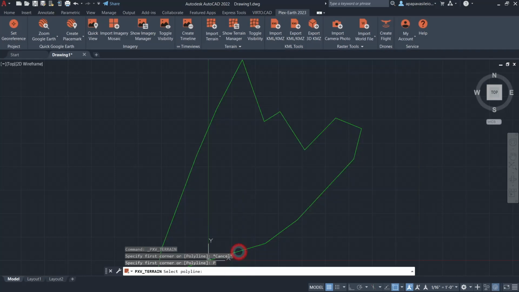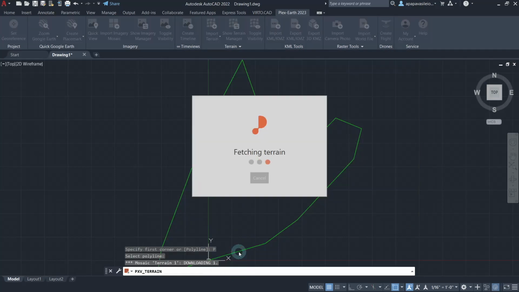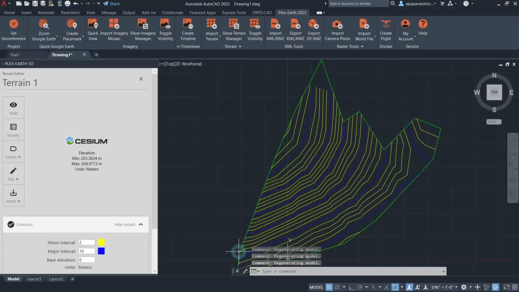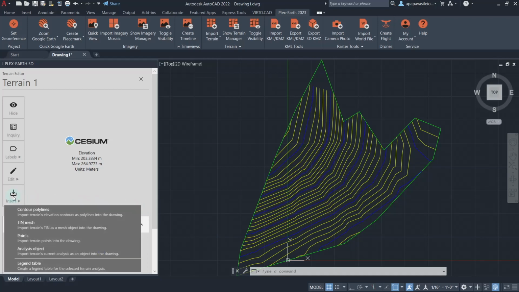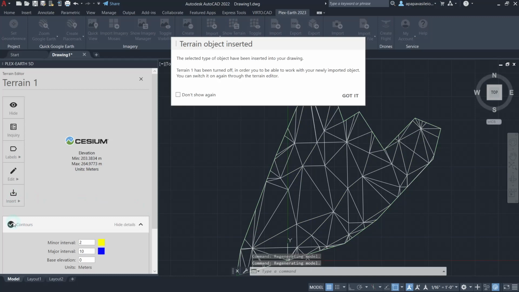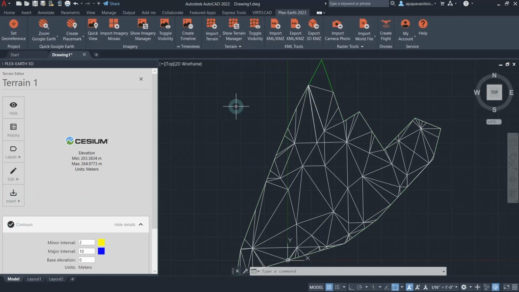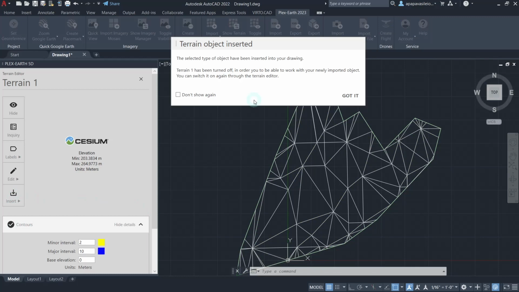After importing the terrain, which is a dynamic object, you will need to generate a static drawing object for your terrain by converting it to a TinMesh. This is in order for Virtocad to recognize Plex Earth's terrain. To achieve that, click on the Insert button from the Terrain editor and choose TinMesh. You have now created a new layer on your AutoCAD's workspace and your terrain is ready to be used by Virtocad.